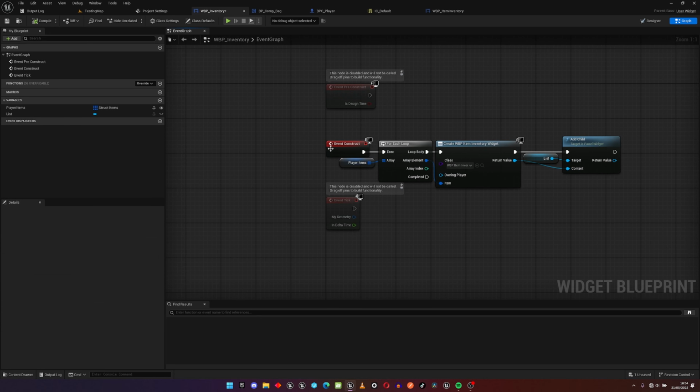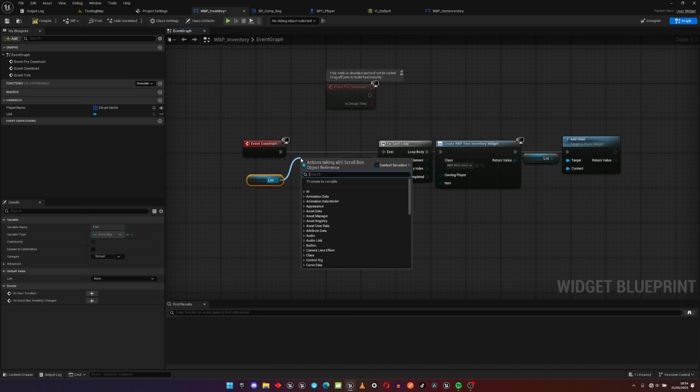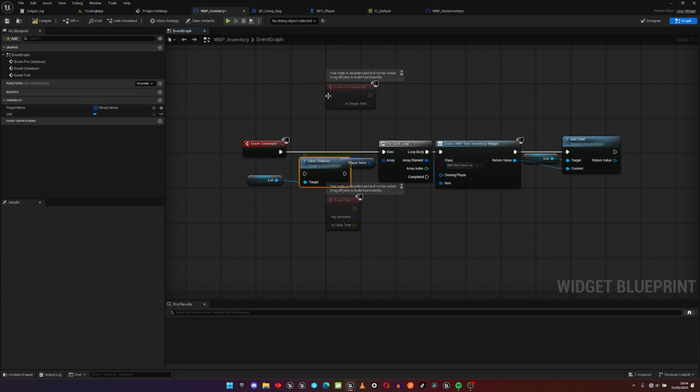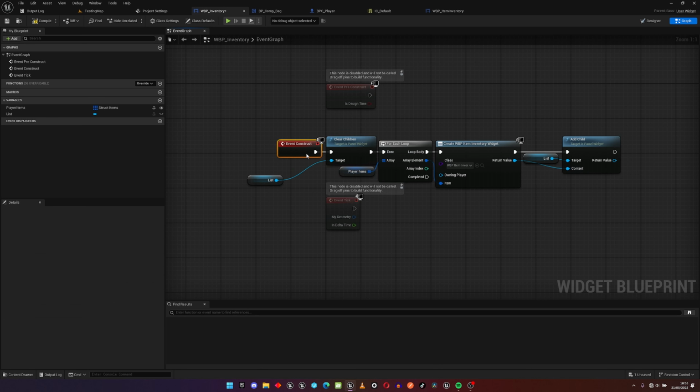Also, for us to be safe, we can just be clearing our list first before populating it. So I'll do a clear here. There is a clear children node. It's just like a safe switch. You don't need it, because I assume every time we'll be populating the list, it's always creating the widget. So that being said,